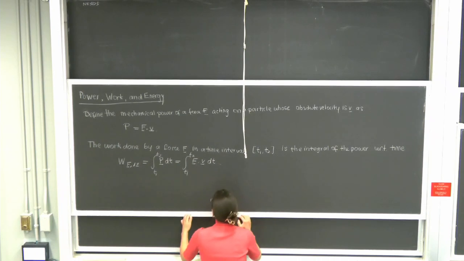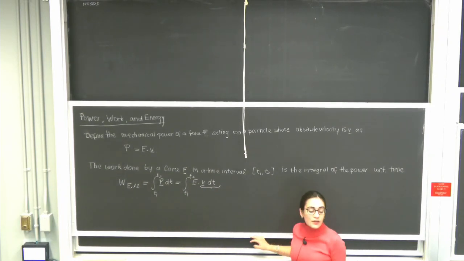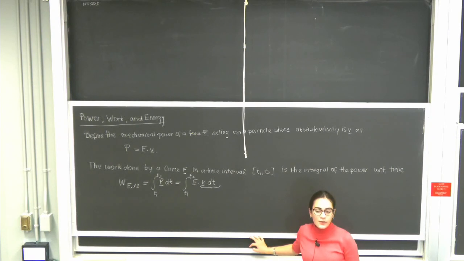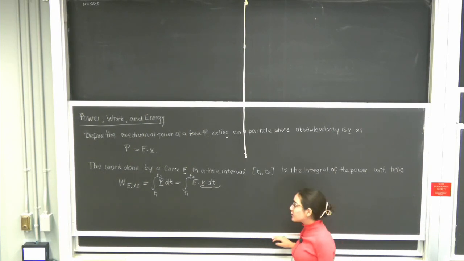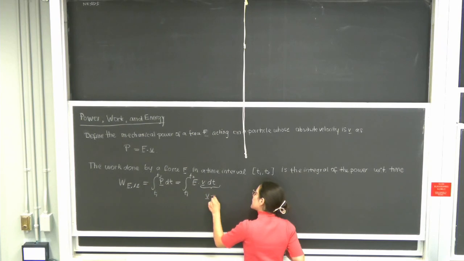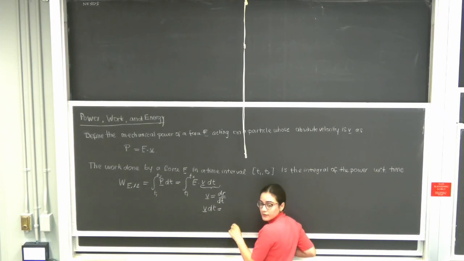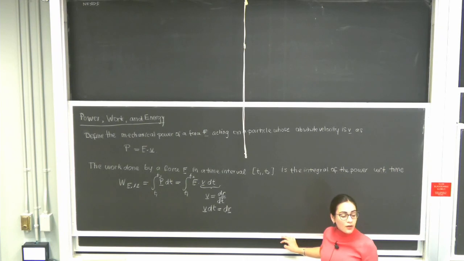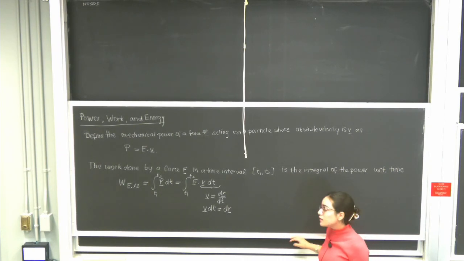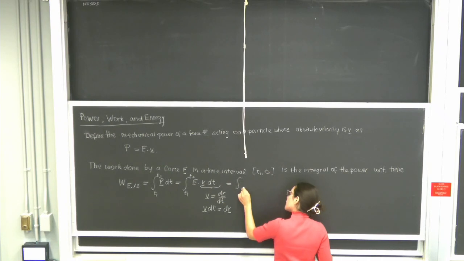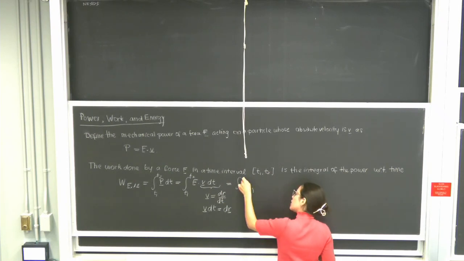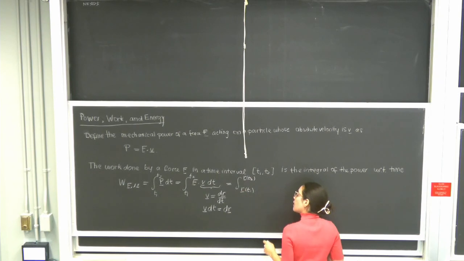Now, can anyone remind us what another form for v dt is? What's equal to v times dt? Acceleration. No, not quite. Position. Yes. So, right, v is dr by dt. So v dt is equal to what? dr, right? So I can write this integral instead of an integral as a function of time, I can write it as an integral as a function of position. So the integral from the position vector of the particle at time t1 to the position vector of the particle at time t2 of F